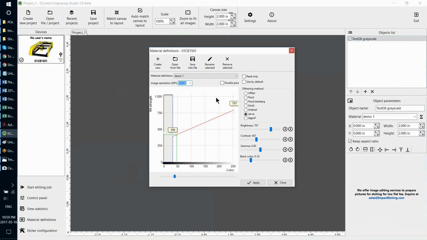For offset, you can go slightly lower. You can probably go into the range of 100. I encourage you to experiment with different resolutions, but please remember that for a given material setting, everything else being constant, if you change resolution, increase or decrease, you will need to recalibrate your material setting by changing brightness and contrast,